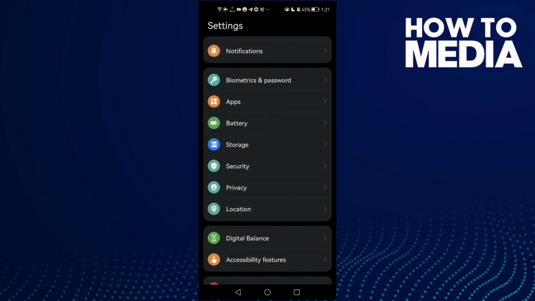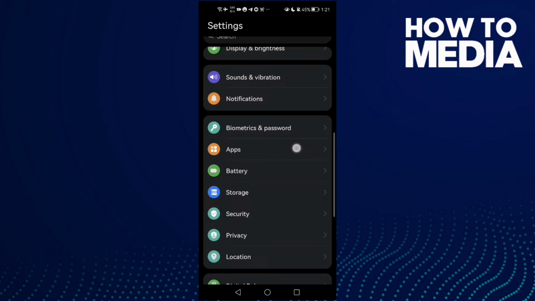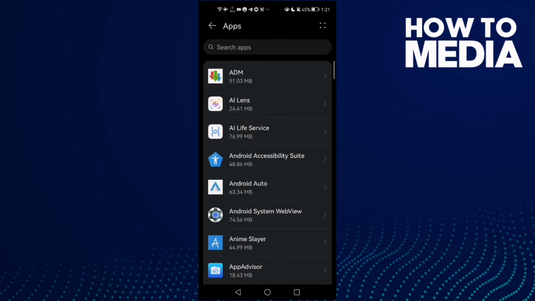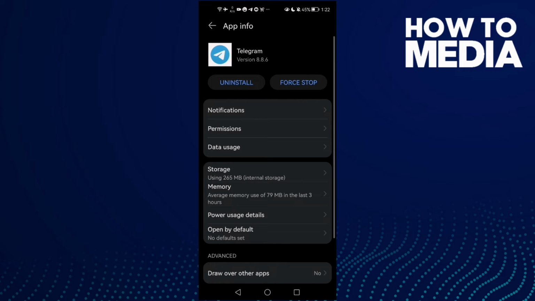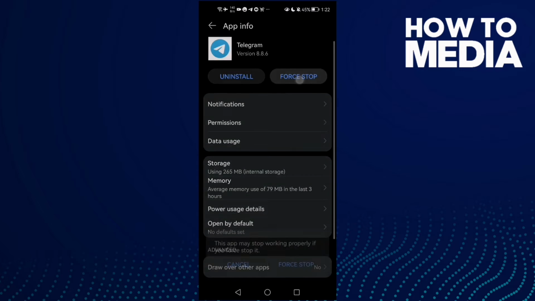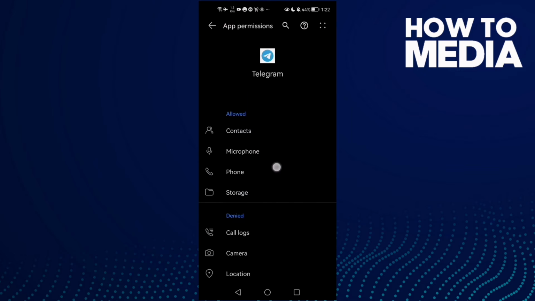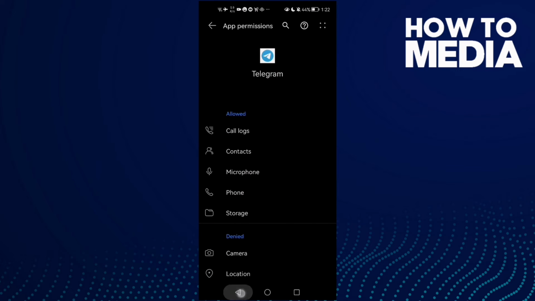First, open settings, and here just scroll down until you find apps, and now click apps again, and here just type Telegram and then click on it, and after that click force stop, and then go to permissions, and then allow all of those permissions here. If you want to allow it, just click on it and click allow, and after that allow all of those,